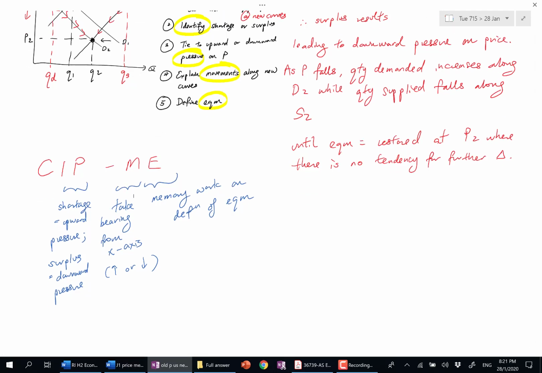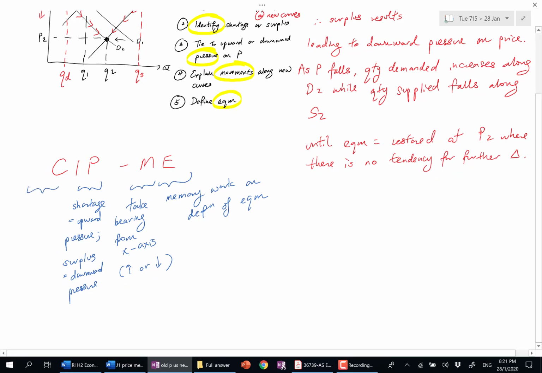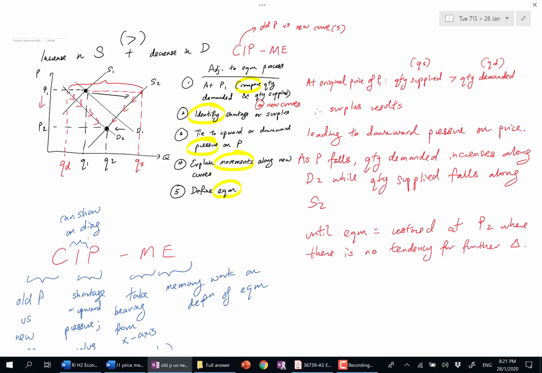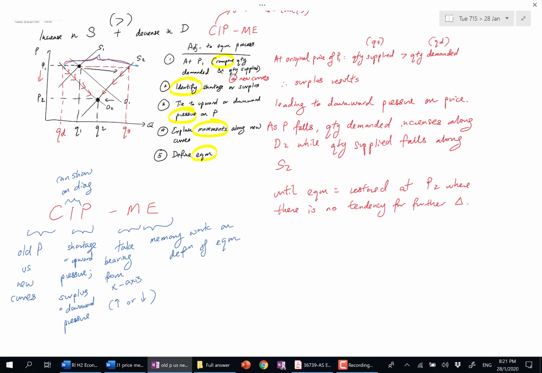Okay? I, nothing to say. All right, C is old price versus new curves. With this, you probably take care of maybe your second tutorial even, where they ask you to do some shifts and what happens, okay? Maybe one thing is you can show on the diagram, like what we did here. We tried to show the size of the shortage or the size of the surplus. Okay. Usually this thing happens in econ when you go